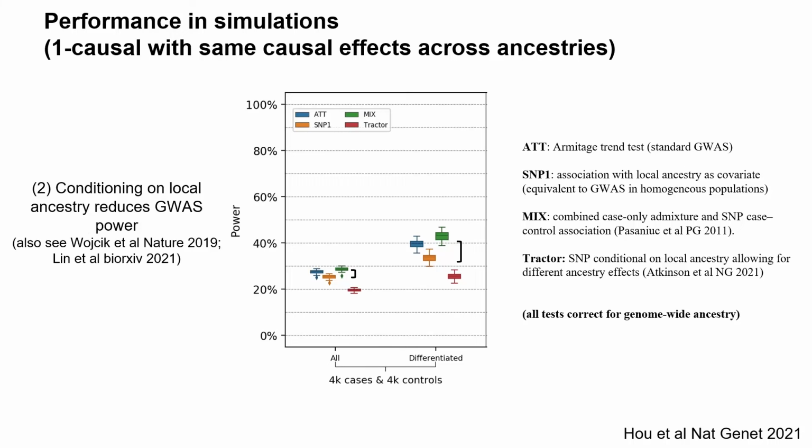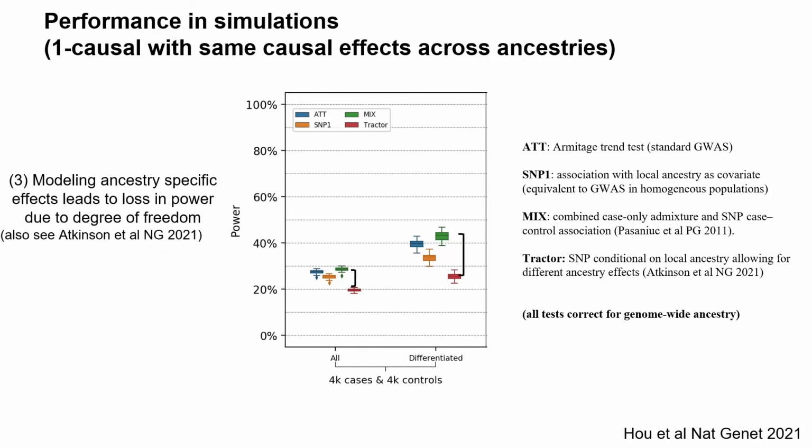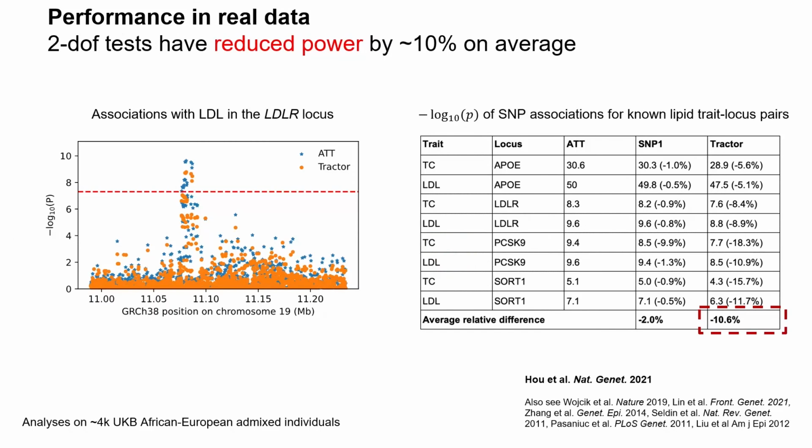The positive is that you might be able to adjust for different heterogeneity by ancestry. And finally, if you're really going for lots of differences by ancestry, you reduce power by around 10% or so, but you're gaining in robustness because some regions might truly have heterogeneity by ancestry. Those are simulations. Here's what happened in real results.